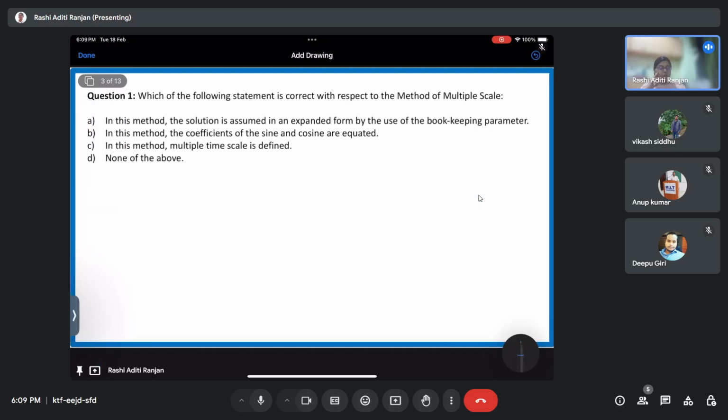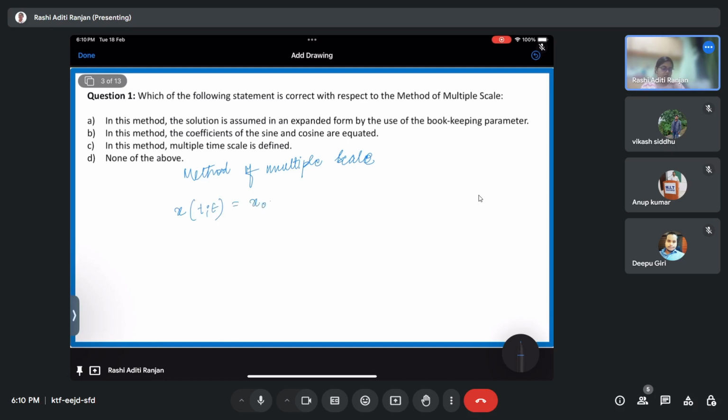Okay, which of the following statements is correct with respect to the method of multiple scales? So coming on to what the method of multiple scales is. Firstly, I would like to remind you of the method in which we were doing direct expansion. What were we doing in the expansion method? We were writing x, which is a solution,